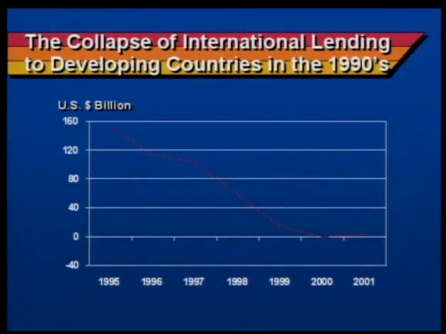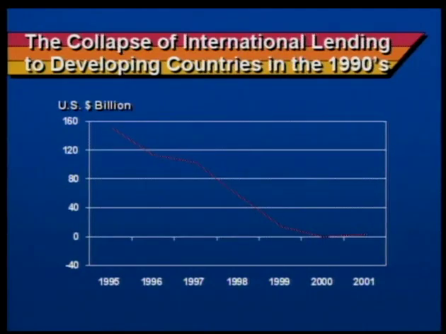Let's see if we can summarize what happened in this case study in the discussion. It's important to point out that both the capital flight and the decline in the value of the currency, the collapse of the peso, were symptoms of the underlying problems that were really the problems with the domestic policies in Mexico. It's important also to point out that Mexico was not the only country that suffered through this. If you look at the loans to developing countries in the 1990s in this graph, you can see a collapse in lending largely because many countries, Thailand, Indonesia, South Korea, Russia, Brazil, and Argentina,